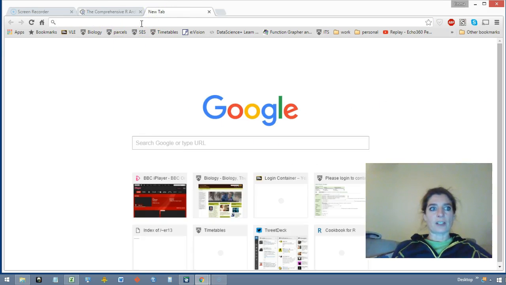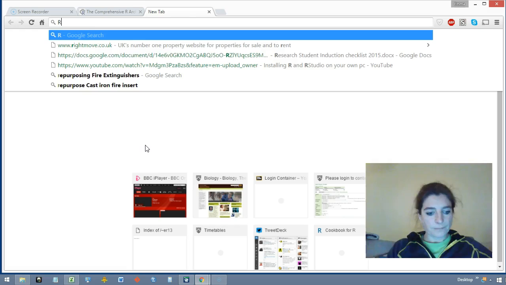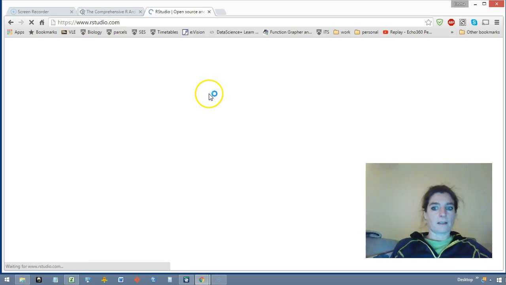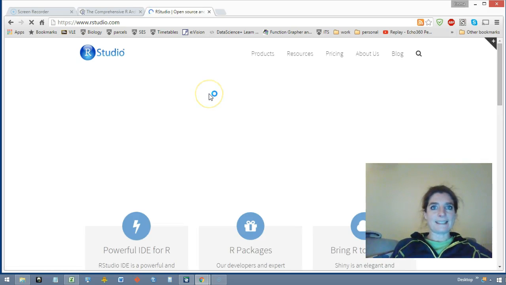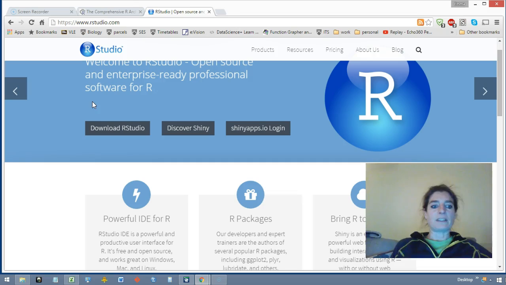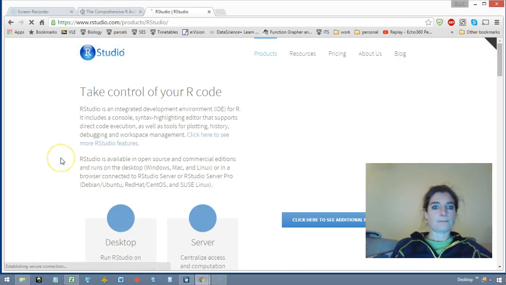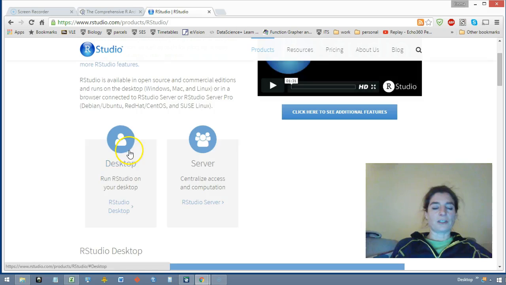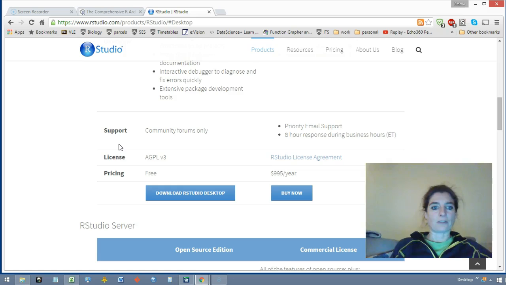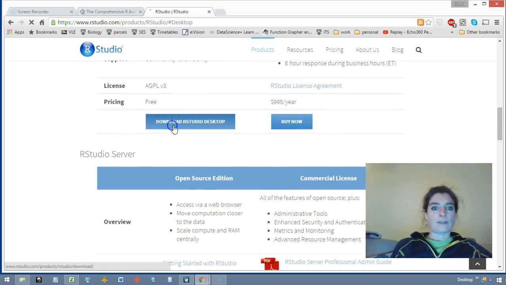So we need another search for RStudio. There we go. And it should be fairly easy to find the program we need to download here. So RStudio is what we call an IDE, Integrated Development Environment, for running R, which means you have more menu options. So I'm going to download RStudio. I want the desktop version, so that's a sort of private version rather than what you might install on a server like we have at university. Download RStudio desktop,